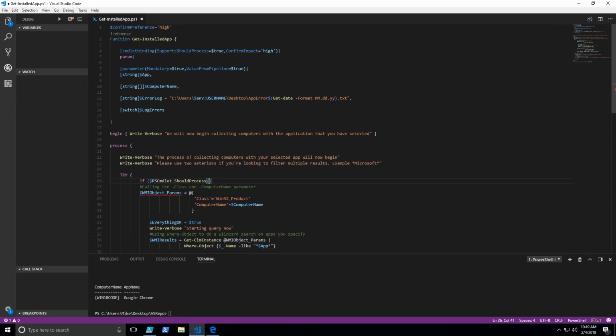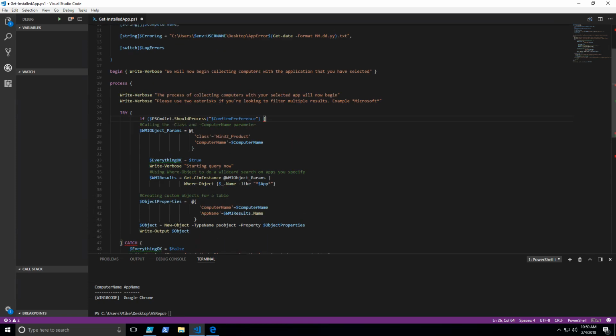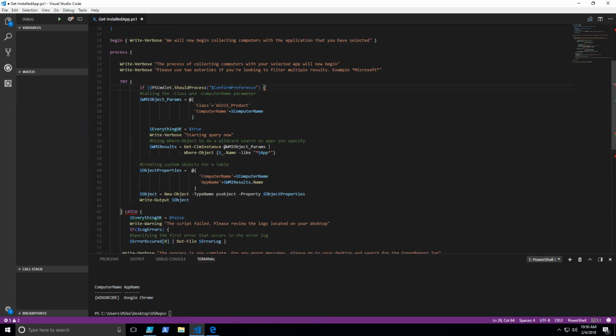So within here, we're going to call this, and we are going to specify our ConfirmPreference variable, right? We are going to specify that we want to call ConfirmPreference equals High for our confirm impact level, right? And then we're going to enclose our if statement into this script block here,